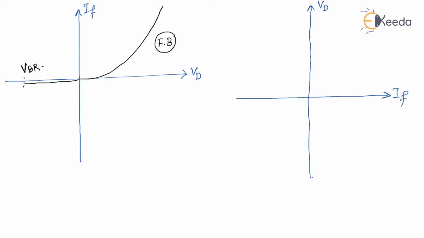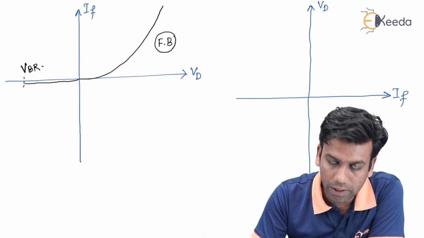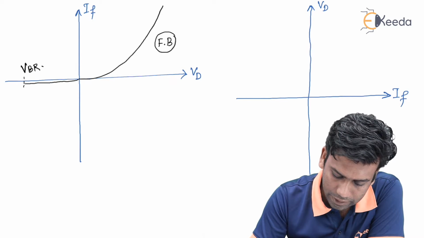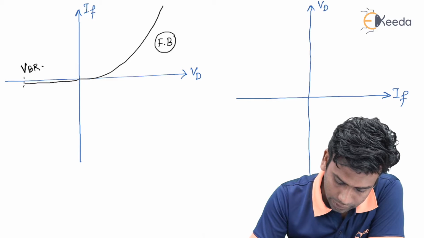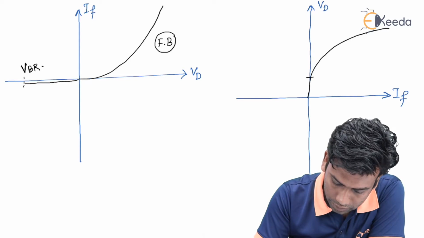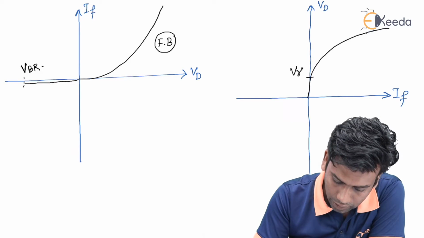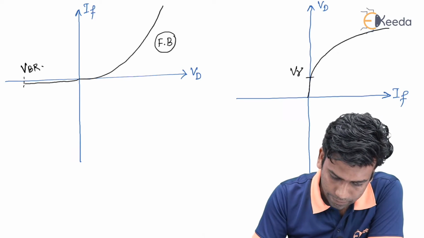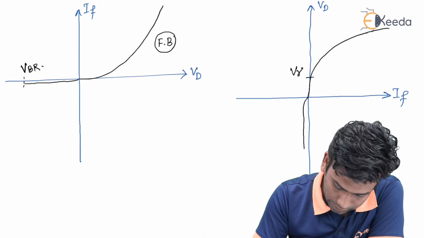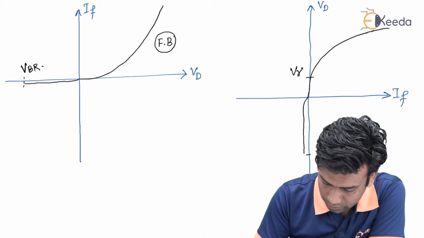So we can say that now the graph will look like this. As the VD is increasing, the graph in the forward bias will look like this, and this will be the V gamma,